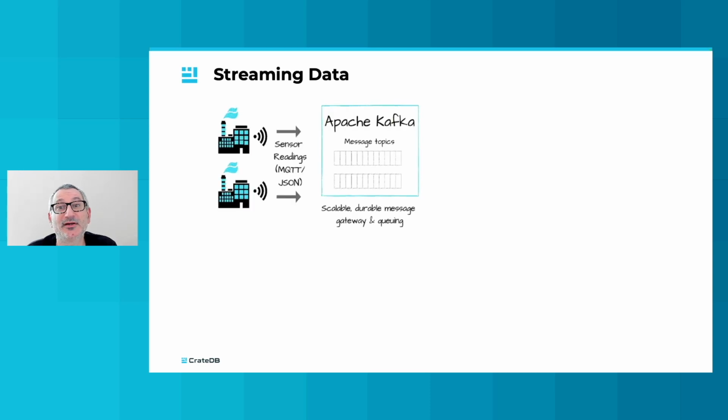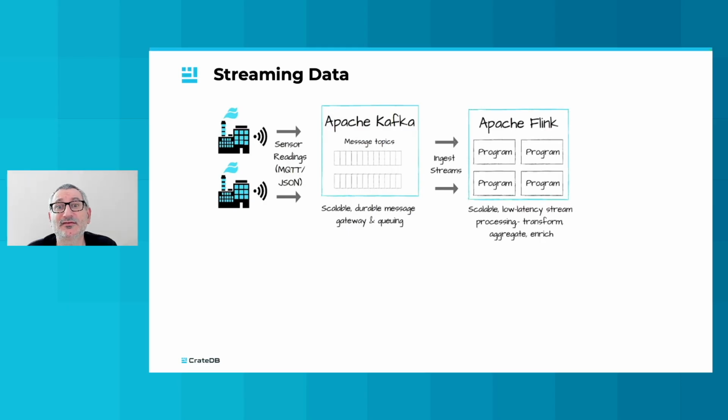Events are received by Kafka and published onto different message topics. Consumers subscribe to these topics, receive message events, and perform processing on them. This processing may be performed by other specialized frameworks, for example here Apache Flink. Event data can be inserted into Crate